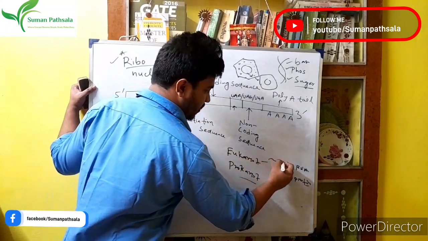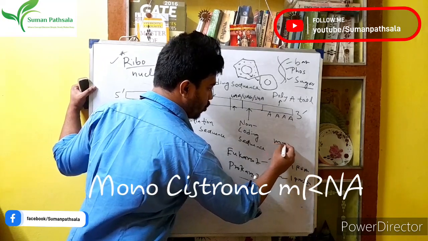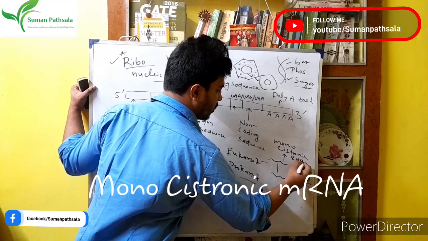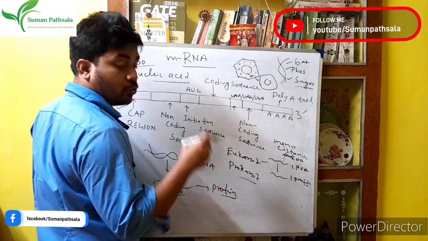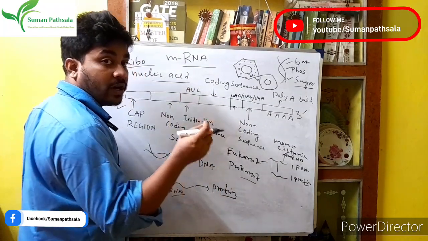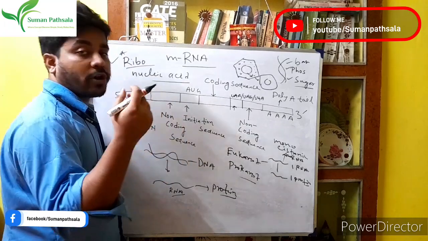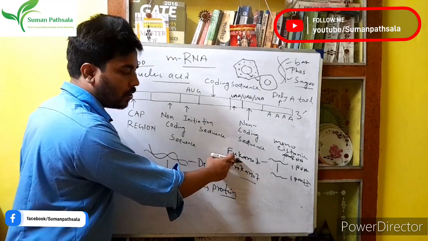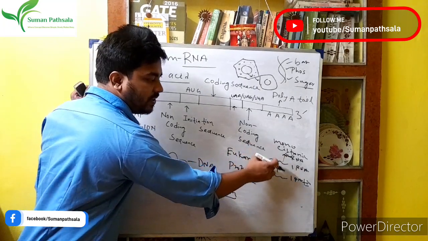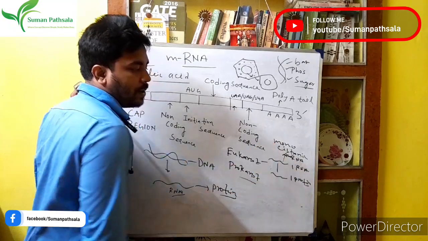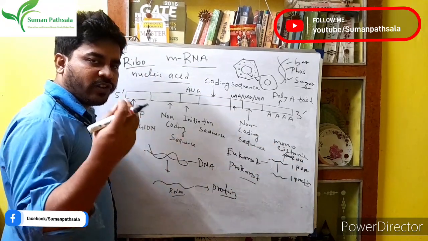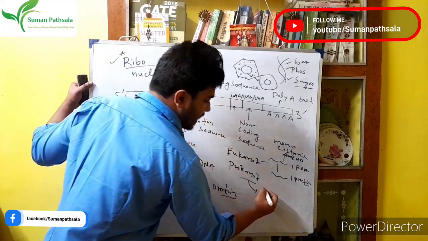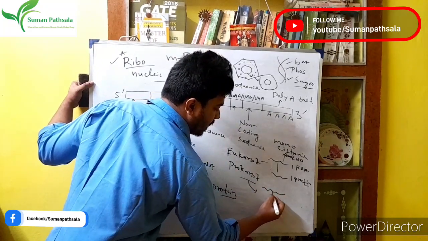So that's why they are also called monocistronic mRNA. Okay, mRNA. So which one is monocistronic? If from the one RNA, one protein is produced, it is generally seen in eukaryote types like plants or animals, and this type of RNA is called monocistronic RNA, or monocistronic mRNA. But in case of prokaryote like bacteria, they have the ability from the mRNA or from